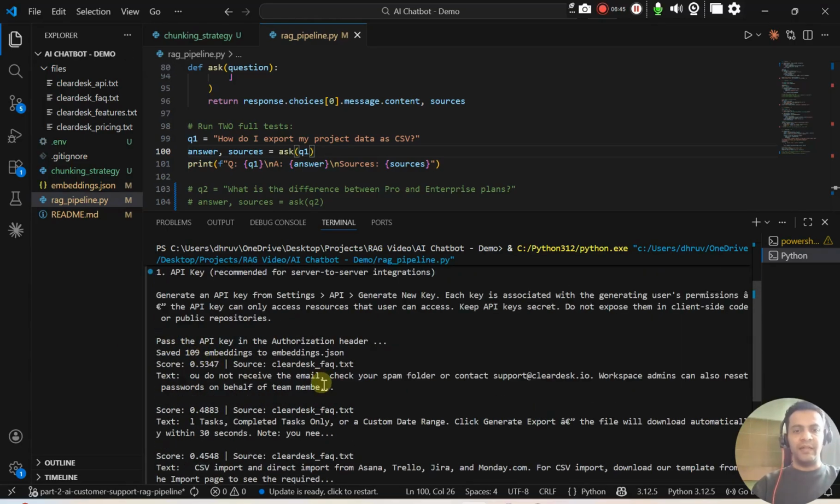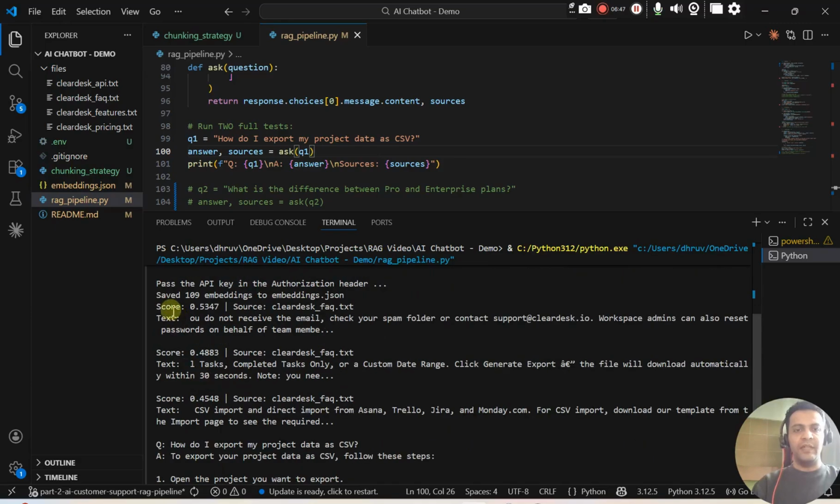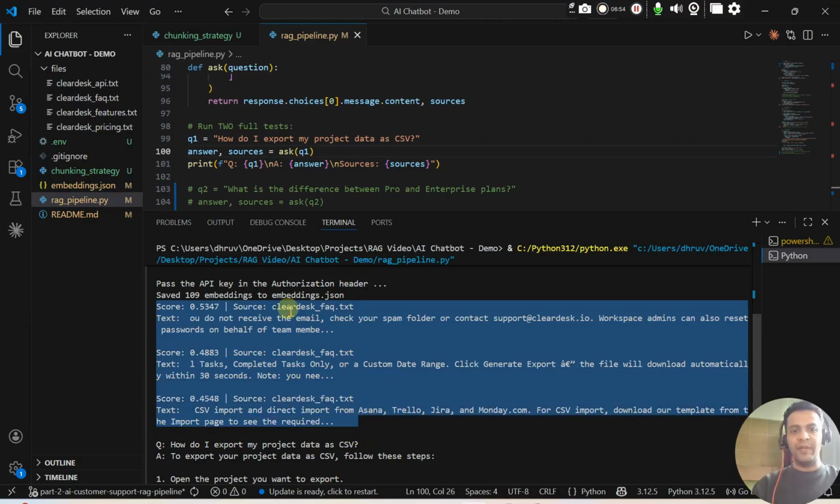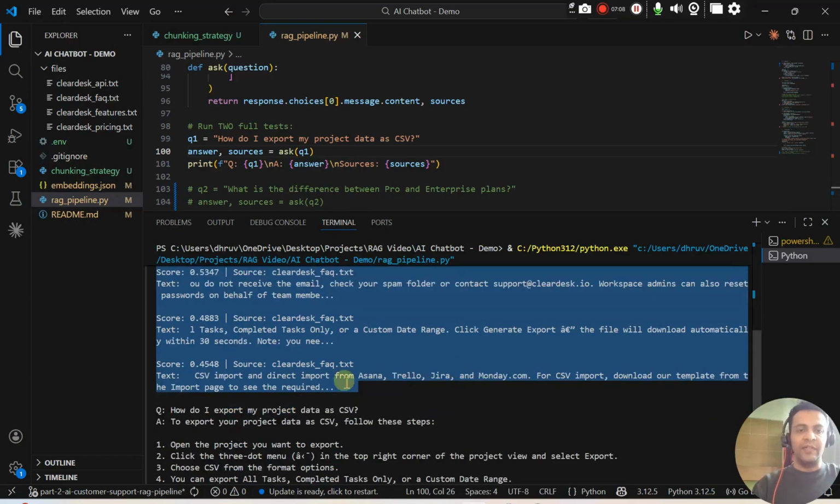Now, as you can see, the embeddings are ready, and the retrieval is also done. We have received 3 chunks of data or embeddings, all of them coming from the same document, ClearDesk FAQ text. And we have received these 3 chunks. Some of them you can see don't have complete sentences. And obviously the function that we have here, the script that we have here, sends these to AI and then